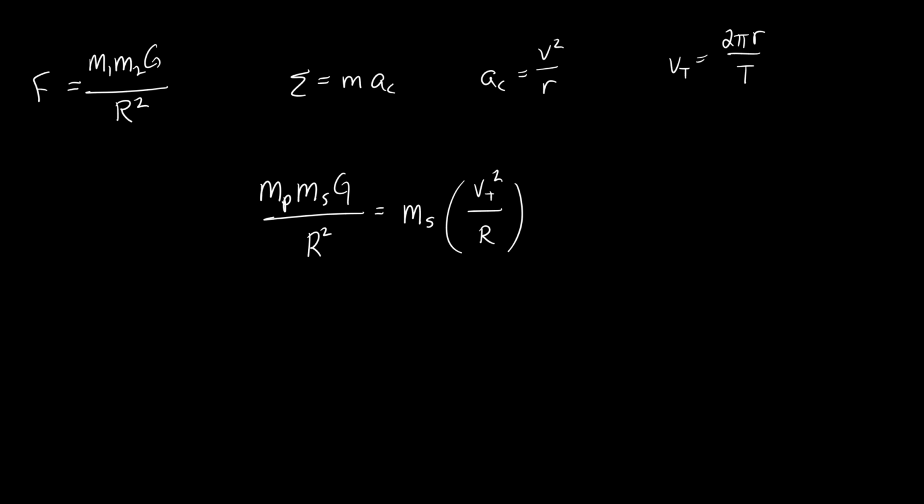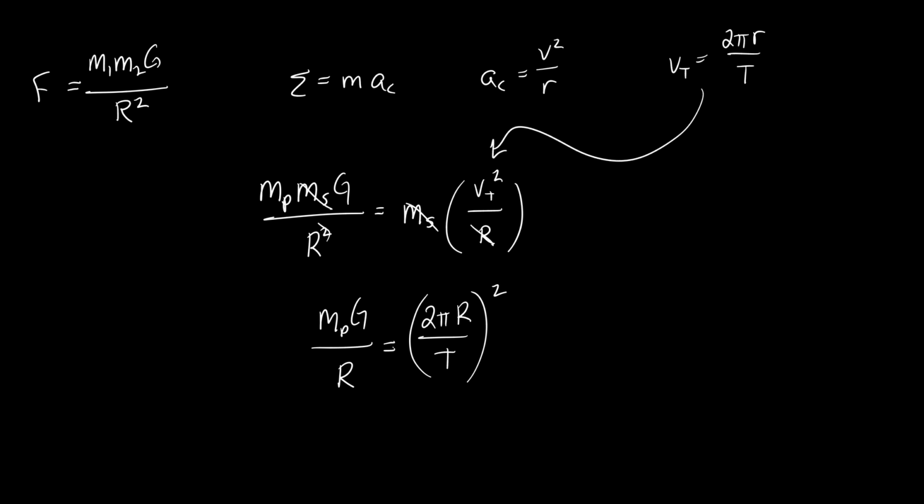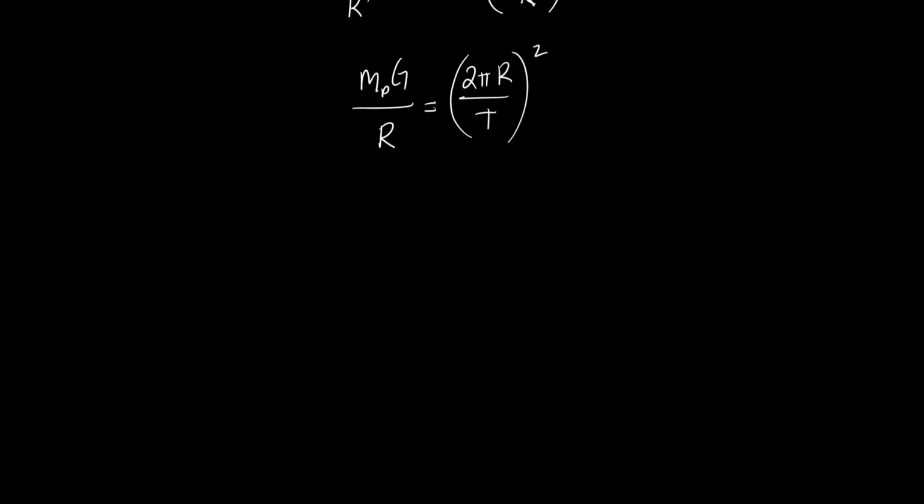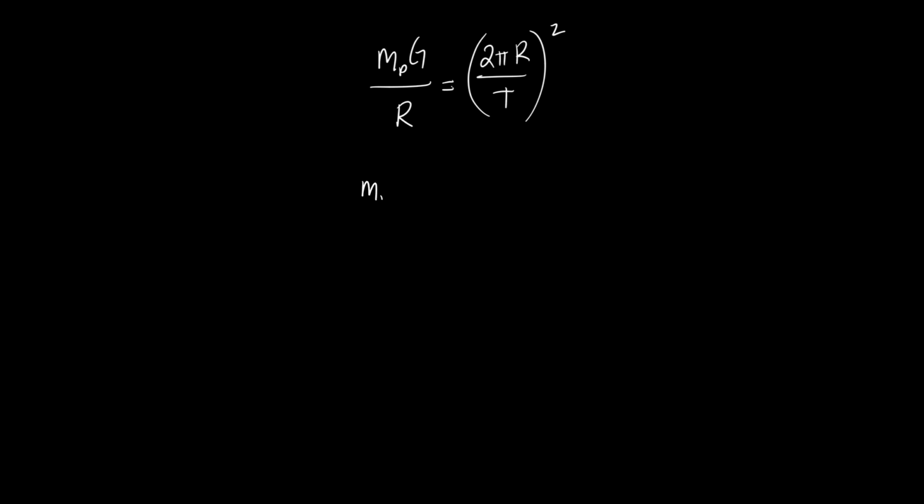Now I can make my simplifications by canceling out the satellite and one of the radii, and I get mass of planet times G over radius equals, I only have vt there by itself, but I'm going to sub in 2 pi r over T. See what I've done for my substitution? I've done this substitution right there. Now, if I expand,